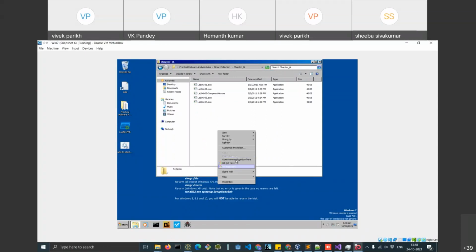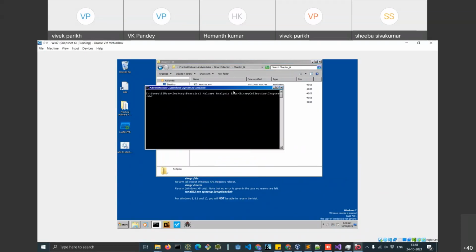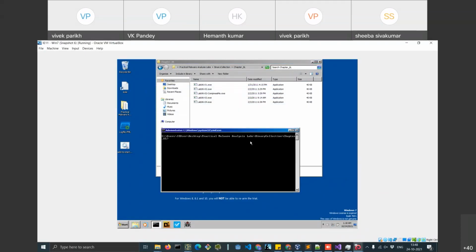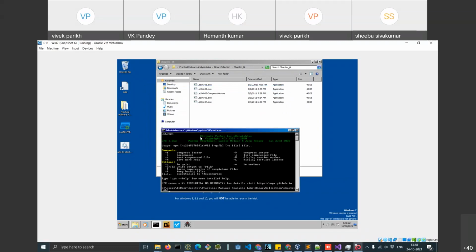We'll use UPX to compress this binary. UPX I've already installed using this tool called Chocolatey. You can use this tool to install any software you want. I try to run this UPX tool, and it tells us that it's named Ultimate Packer for Executables.